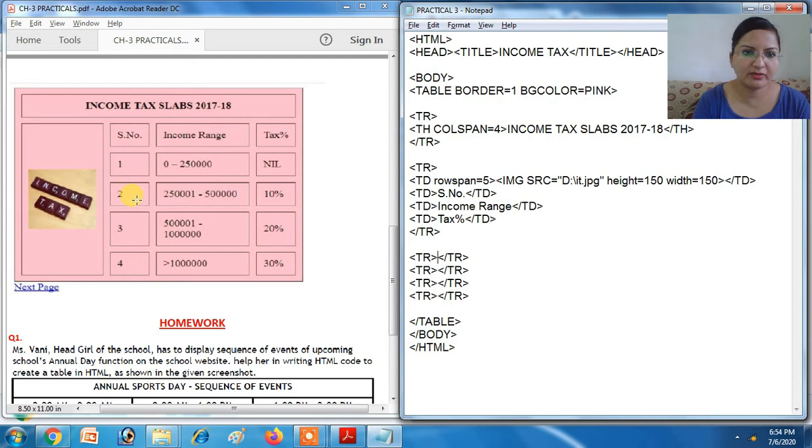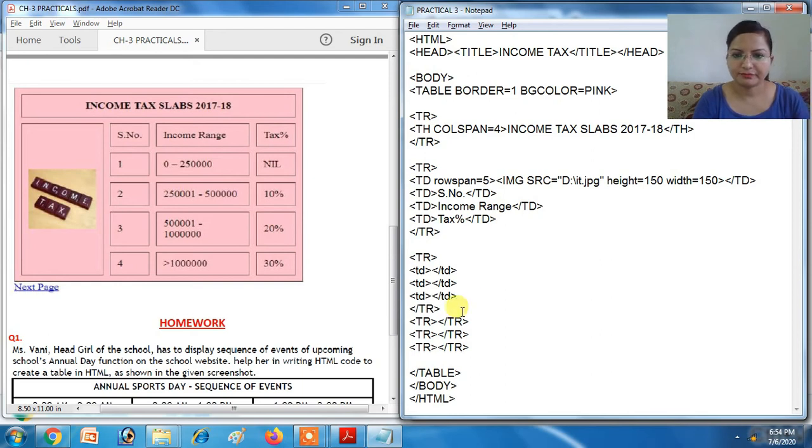Now in the other rows, you can see 1 2 3 4 TRs we have written. In those we have to write 3 TDs each, and we have to fill the data. So 3 TDs, TD, TD closed, or else you copy it 3 times, that will be better.